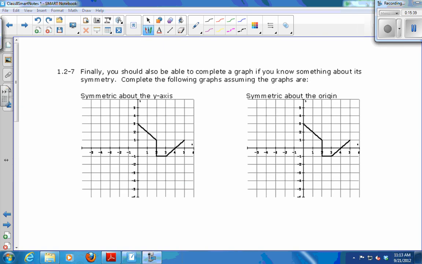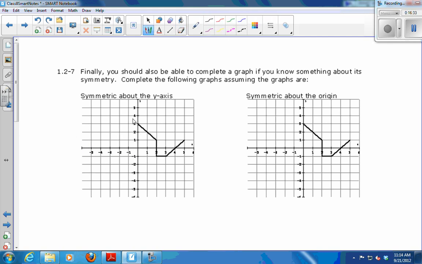Okay, so lastly, in terms of symmetry, you should be able to complete a graph if you know something about its symmetry. So this first graph on the left here is only partially drawn. I want you to finish the drawing knowing that it has y-axis symmetry. So there's kind of two approaches you can take. Some people are very good visualization people, and you can think of the y-axis as a mirror and just try to match it. Like that. So you just try to mirror it. But that kind of visualization is not easy for everyone. So if that is difficult for you,